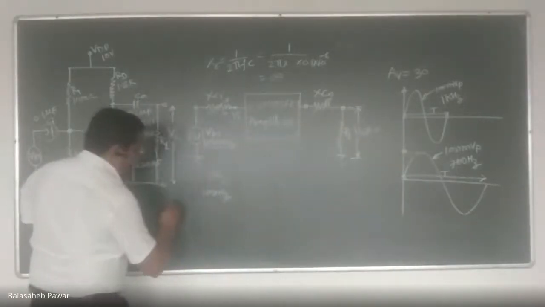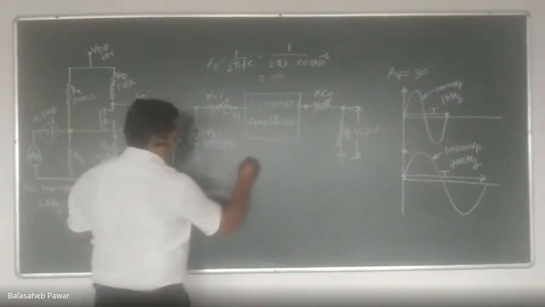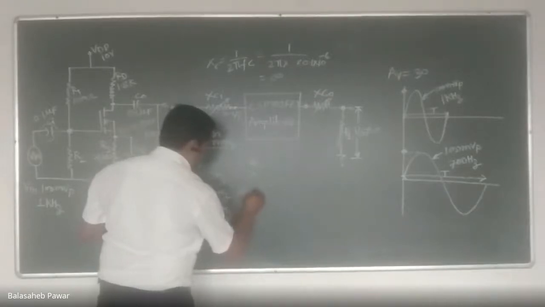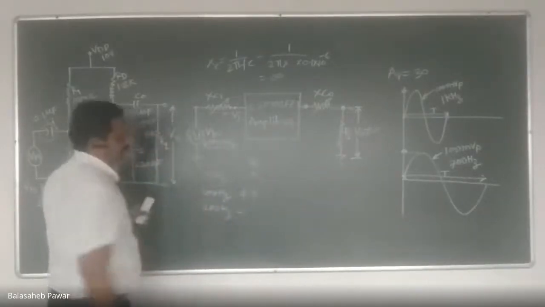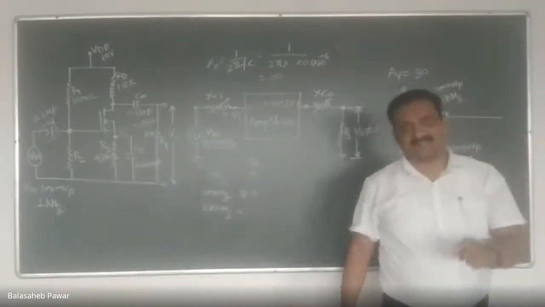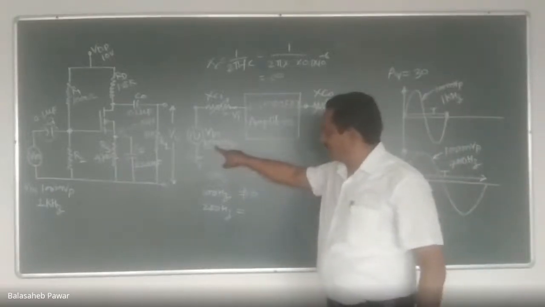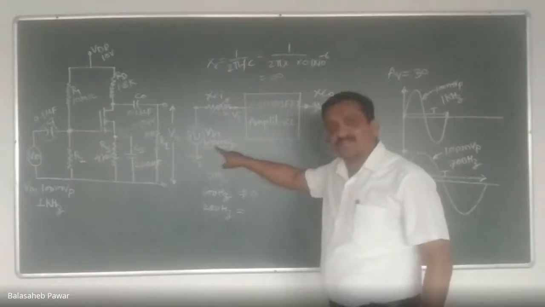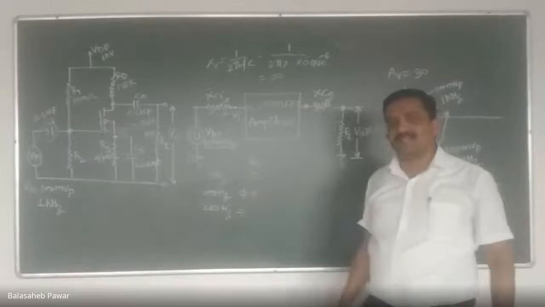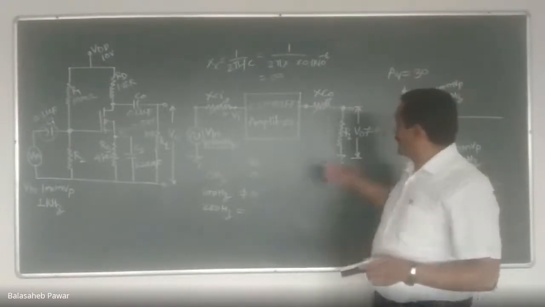Now, from 100 hertz, if I increase it to 200 hertz, what have I done? I kept the amplitude of that input signal constant, that is 100 millivolts as it is. I do not want to change it. But which parameter of that input do I want to change? Frequency. Now in the next step, I want to change the frequency to 200 hertz. So according to you, what will be the effect on VO?